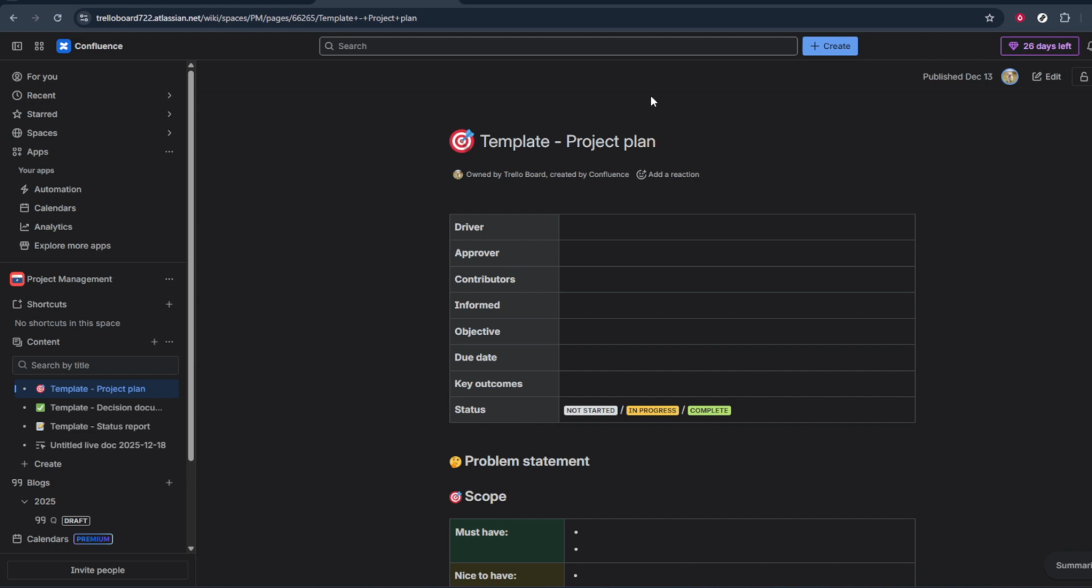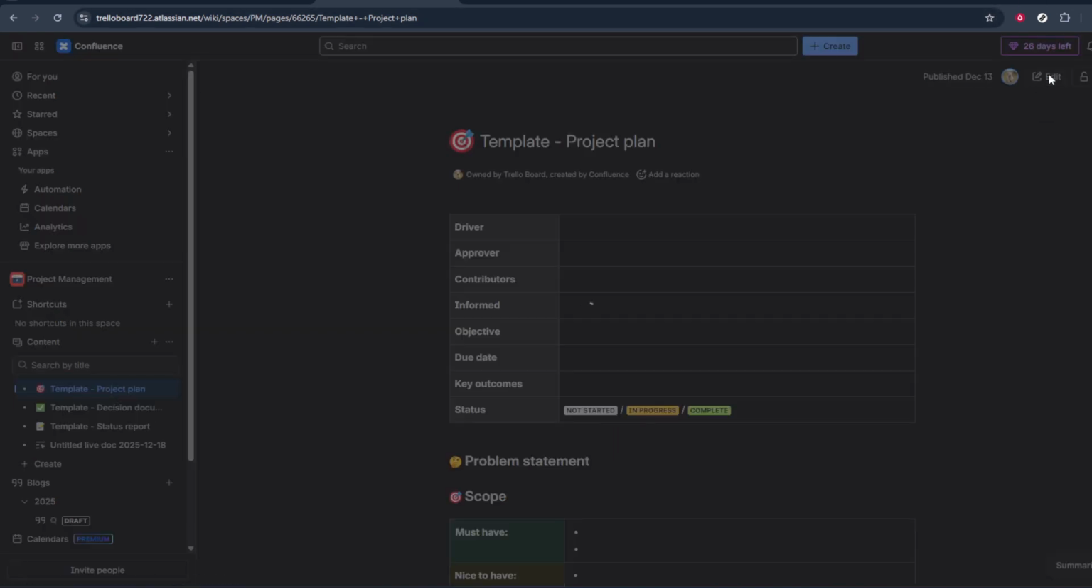First, make sure you're logged into your Confluence account and you're on the correct space. Start by navigating to the page you want to convert. This could be an existing project brief, a meeting note, or any standard Confluence page that you'd like to upgrade into a live document. Simply click on the page title in the sidebar or from your list of recent pages